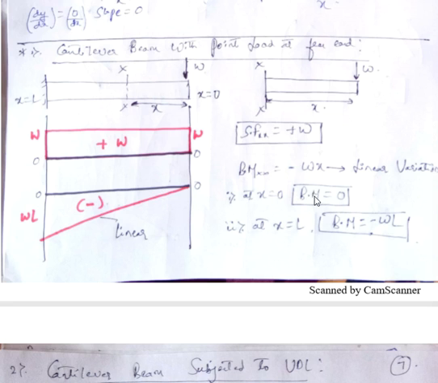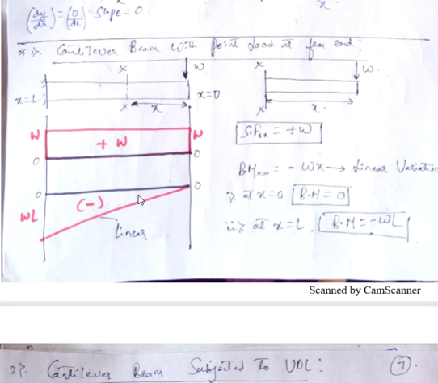Okay, now consider these two equations. Bending moment at this point is 0, so I am starting from here. Then when x equal to L, that is nothing but this section, bending moment value is minus W into L. So it is minus W into L at this point. W into L will have some value. Randomly I can take this much as the value. Then how to join from 0 to this value?